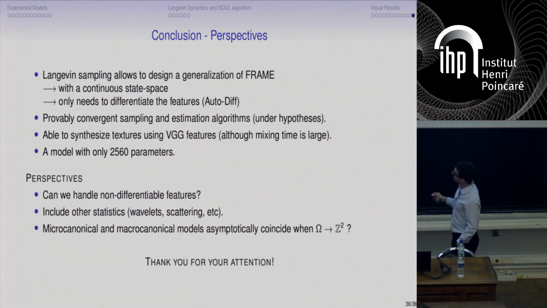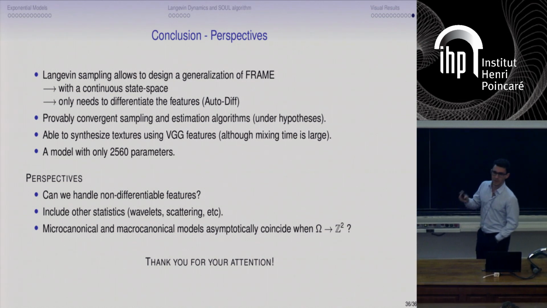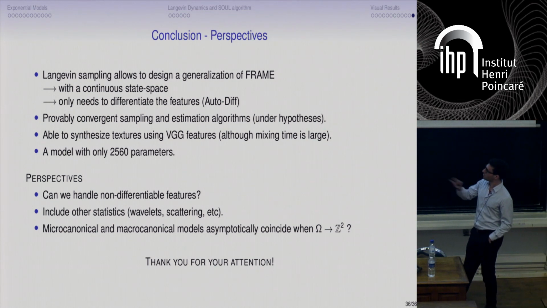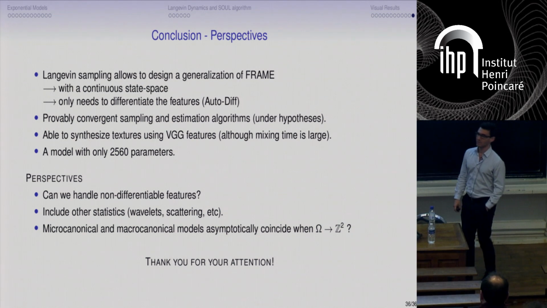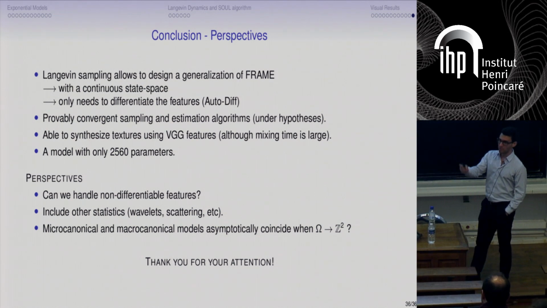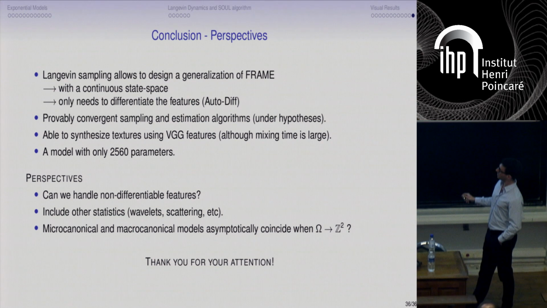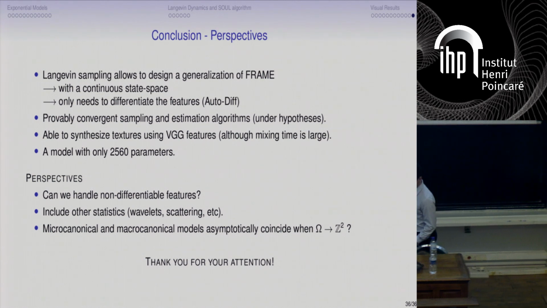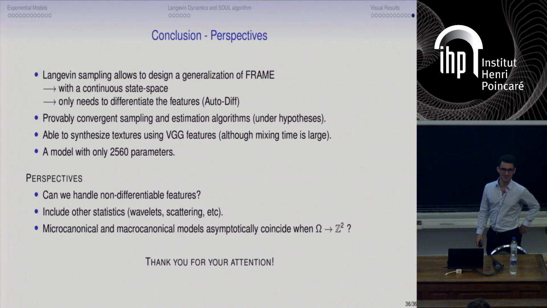Now, one thing that interests me much is to try to include some other statistics in this framework. We would have to do many comparisons to see which ones are the best perceptually. Probably the neural networks may not be the best from a perceptual point of view, for example, compared to the statistics proposed by Portilla and Simoncelli. And there are also interesting connections between micro and macro models, for example, in the work by Stéphane Mallat and Joan Bruna. Okay, so I will stop here, and your questions are very welcome.